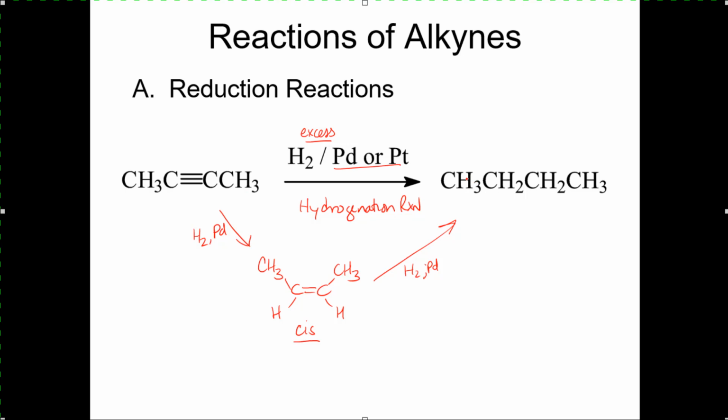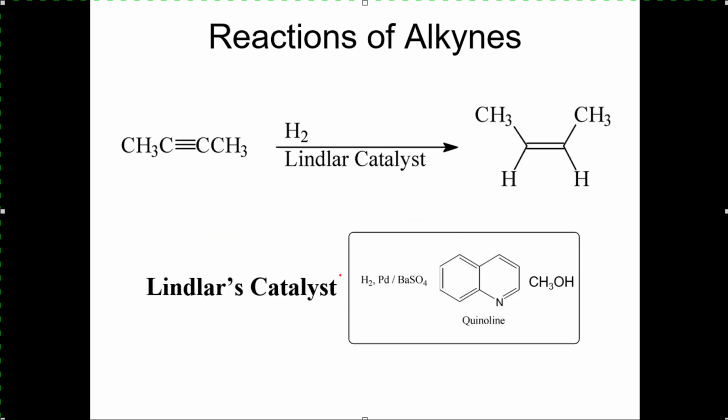Which leads to a couple of questions: what if I want to stop at the double bond? What if I want to form the cis double bond? Well, what I need to do is poison my catalyst. Instead of using just platinum or palladium metal, we can use what's called Lindlar's catalyst, which takes the hydrogen gas and uses it with a poisoned